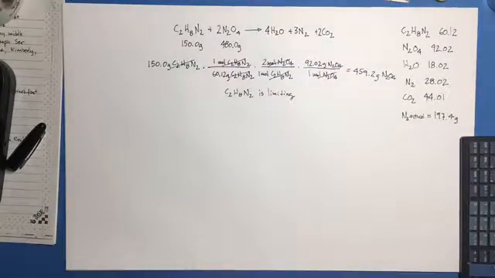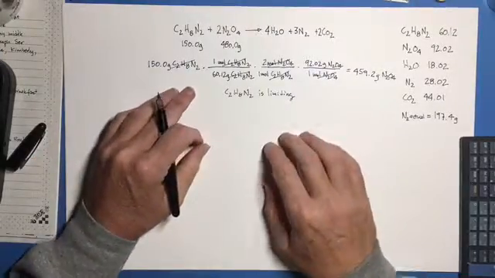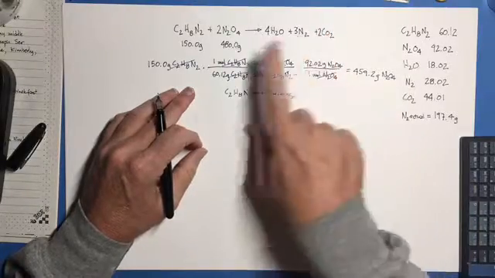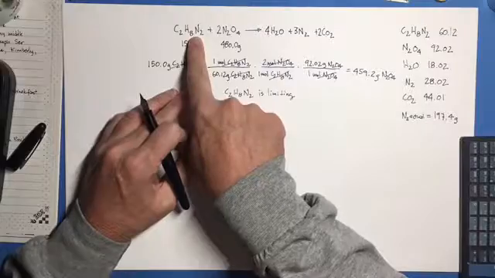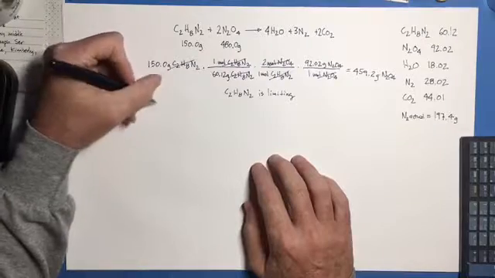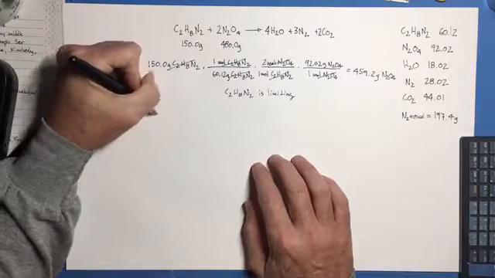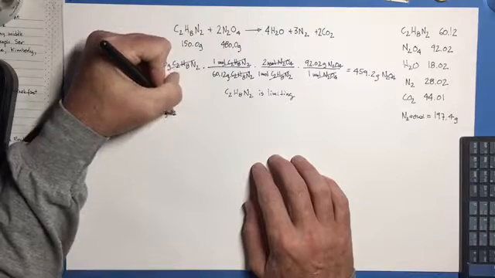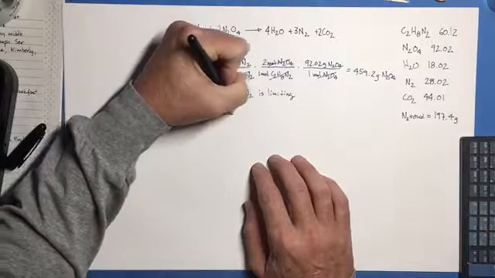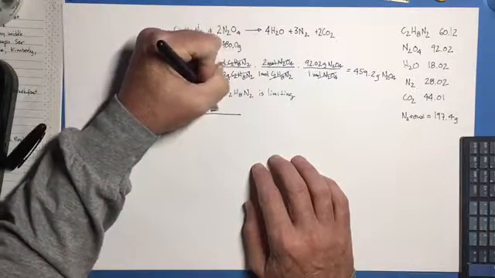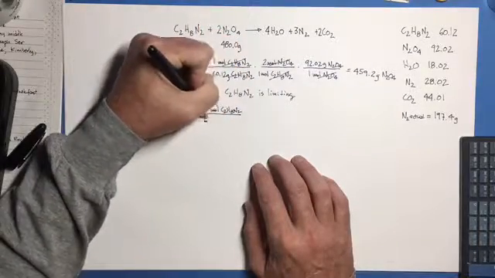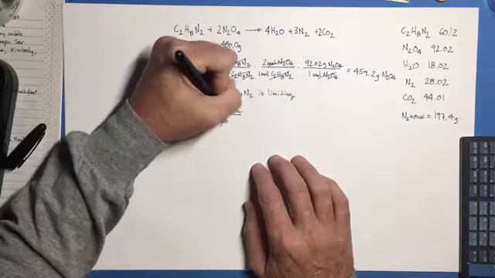Okie dokie. So let's begin with that then. Let's now calculate how much water, how much nitrogen, and how much carbon dioxide I'm going to get. So now that I know that C2H8N2 is my limiting reactant, I will use that to do all of the other calculations here. So let's start here with 150.0 grams C2H8N2. I already know this first part is going to be 1 mole C2H8N2 over 60.12 grams